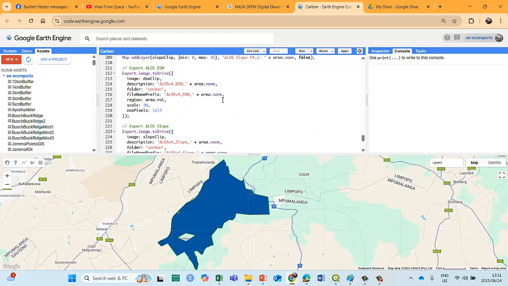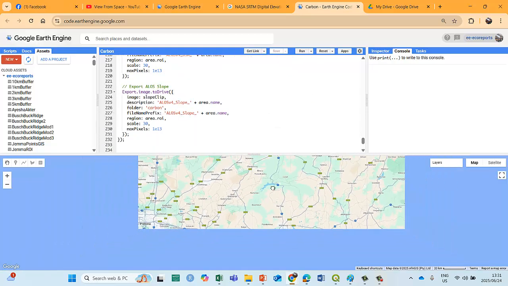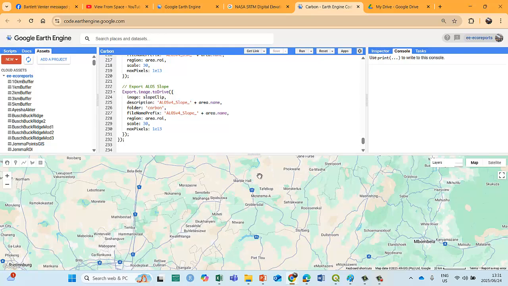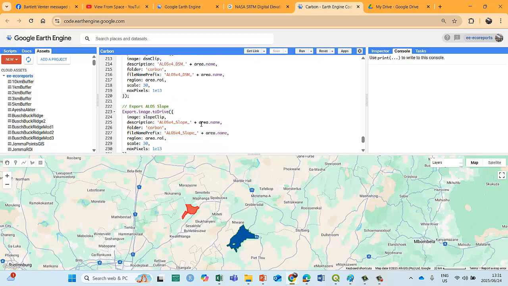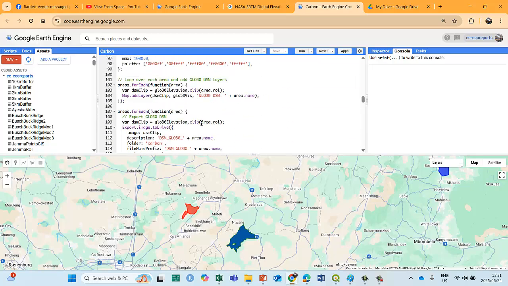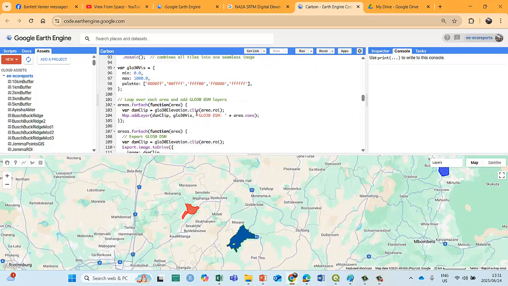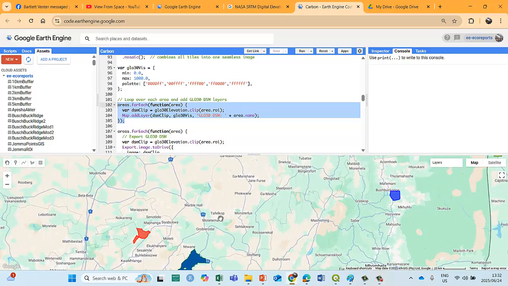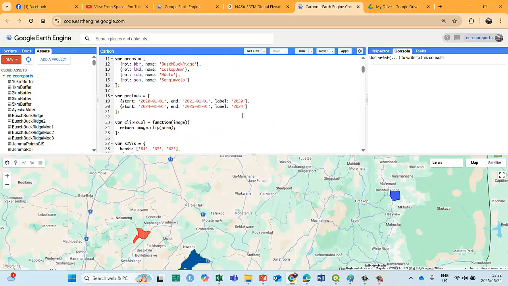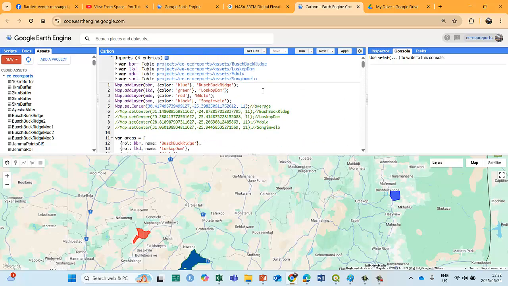So as I said, I don't actually display my images in Earth Engine. The purpose is just to generate them and export them. That's as far as I use Earth Engine. You can use it to generate beautiful images. I don't dispute it. I don't say you don't have to do it. But for me, it's wasting a bit of time, because I do everything in QGIS. What was there else on this piece of code? I think that's about it.